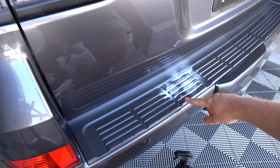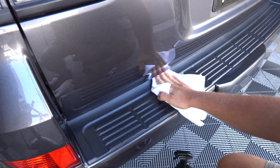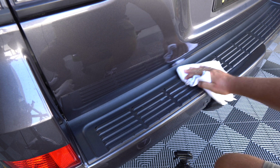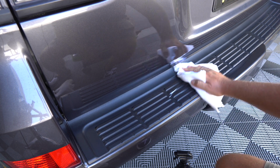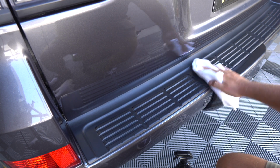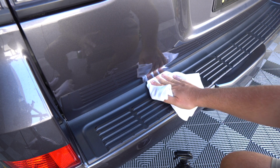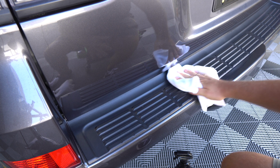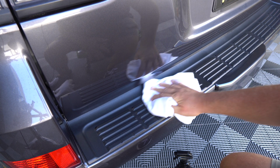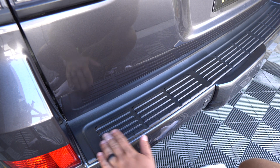As you can see, I've still continued to let the Turtle Wax one sit there, or the Mr. Cartoon, I don't know what you want to call it, and it's not running anywhere. I think that is more of a preference thing as far as thickness is concerned, but both are virtually the same. And what's great about these is it's non-greasy, both of them. So I like that a lot. So both passed the test on the trim. So non-greasy